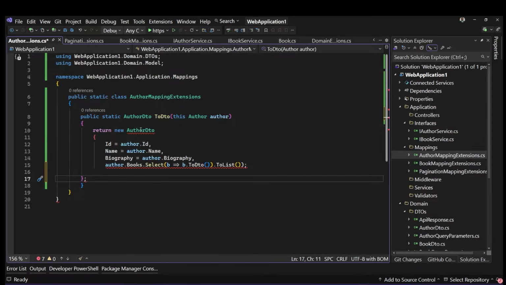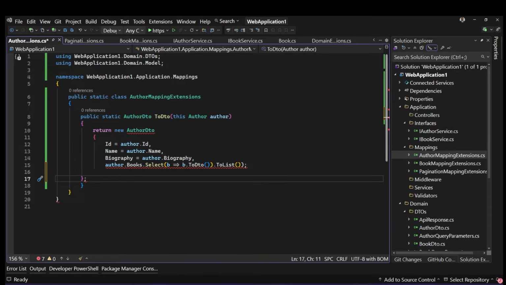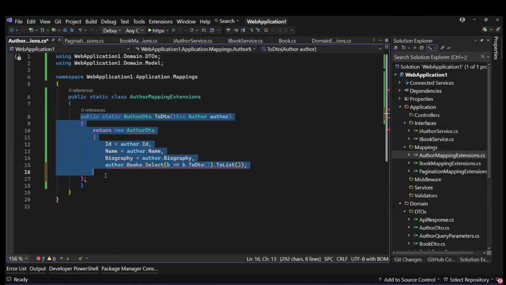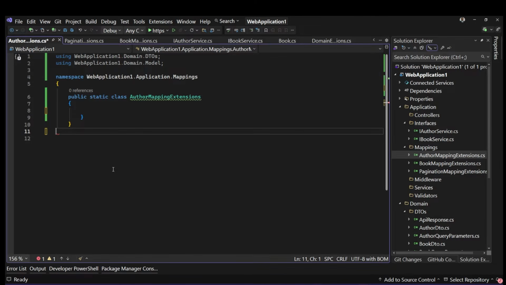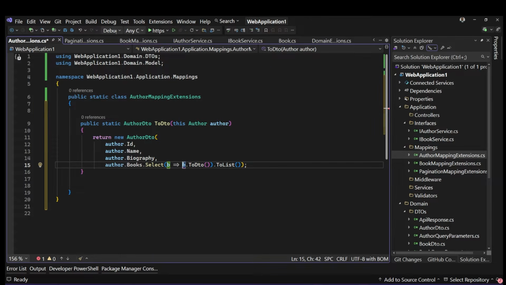So what is the issue right here? GUI ICollection, this is not. So let me do this. Public, let's go back to this guy. We don't need this. And then inside this, we bring this guy. Okay. So book does not contain the definition of. Don't worry. We will do book in a minute, right? So this is the first. We map. So anytime you are getting a book from, you can say map to DTO, and it will pick